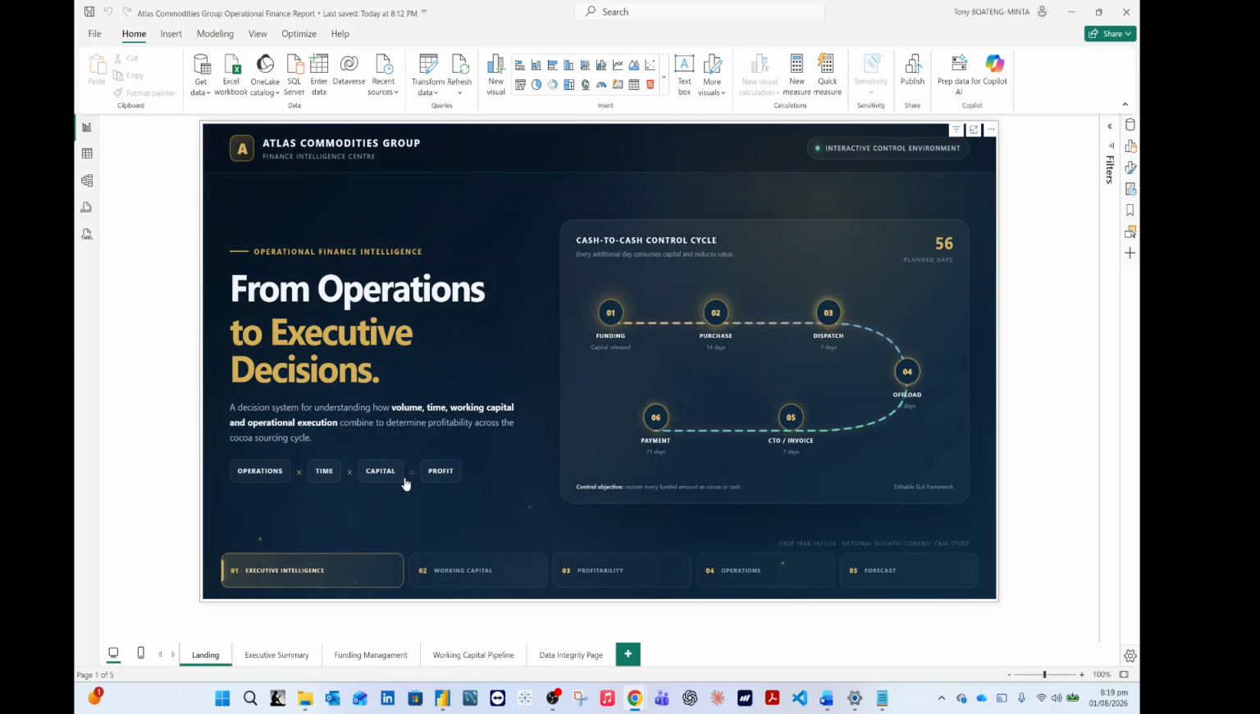So we have basically like a formula which derives the profit of this fictional company. Typically in fast commodity moving goods companies, you see that we have the operations, the time, the capital, which is then what makes the profit. Yeah, so on the right, we have a cash to cash cycle control where we have a planned budget of 56 days. And this 56 days is basically how many days it should take typically when capital is disbursed into